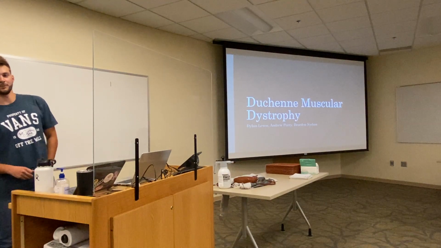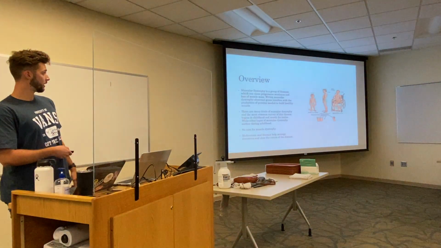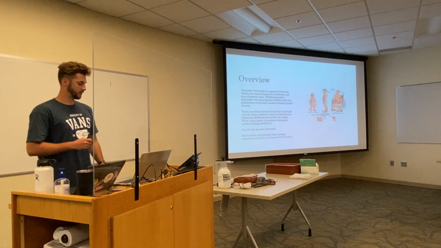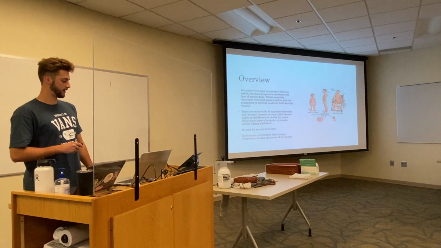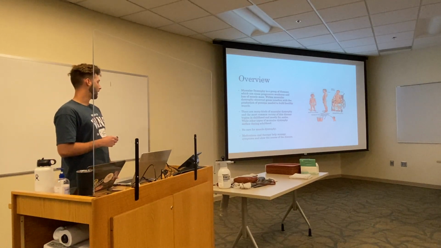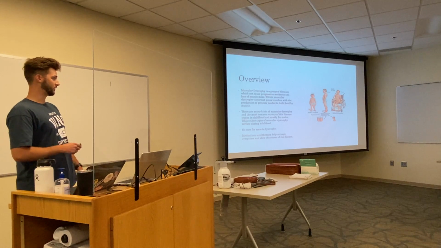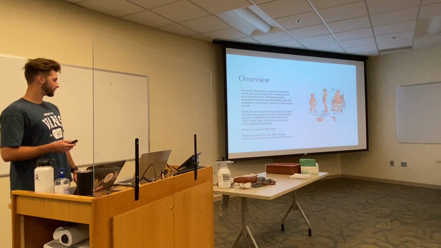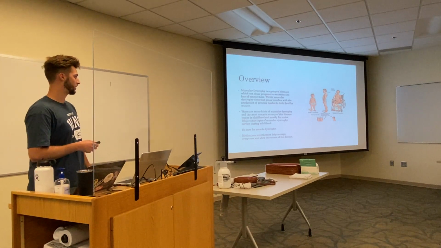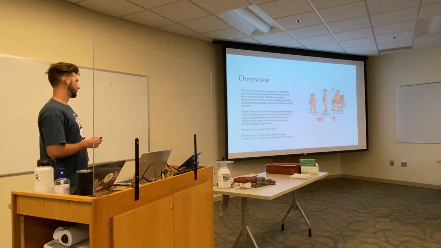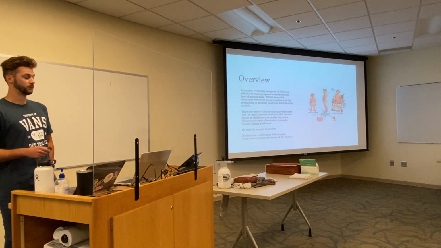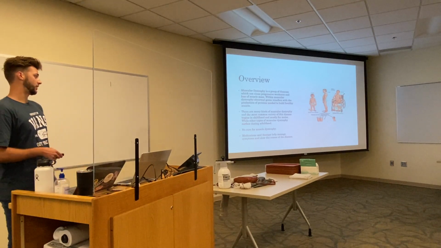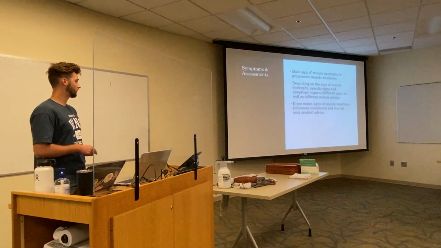For group 5, we also did muscular dystrophy. So a little overview. Muscular dystrophy is a group of diseases which can cause progressive weakness and loss of muscle mass. Within muscular dystrophy, abnormal genes interfere with the production of proteins needed to build healthy muscle. There are many kinds of muscular dystrophy, and the most common variety of this disease begins in childhood and mostly for males, while other types of muscular dystrophy surface during adulthood. There's no cure for muscular dystrophy, and medications and therapy help manage symptoms and slow the course of the disease.